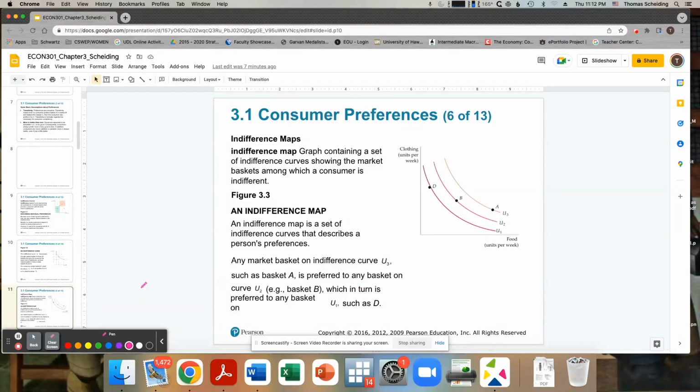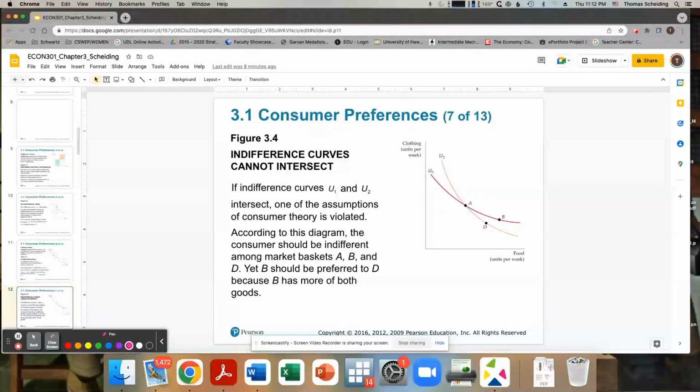Now, as you're looking at this, what you see is that they're all parallel to one another, and that's important because, as the next slide points out for us, indifference curves cannot intersect. And the reason why they cannot intersect is because it would essentially violate our assumption of transitivity. By that I mean